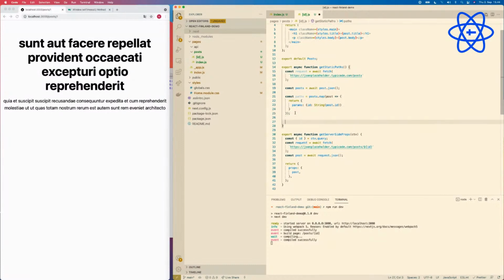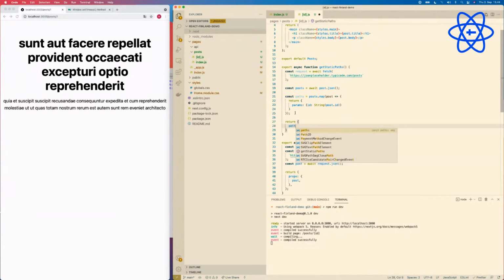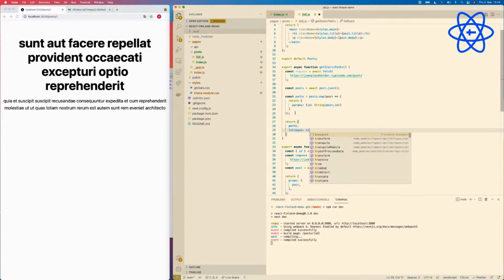And then we are going to be using this basically to return to our server the paths that we want to build, and then we can use another option called fallback: true. Essentially, what this does is say that if there is no resource in that path, just fall back to something else. So you give your client the opportunity to handle it later on if you want to make a call in the front end, for instance.